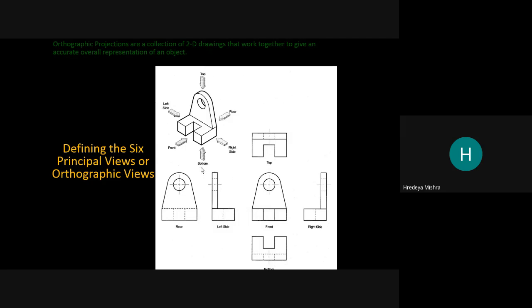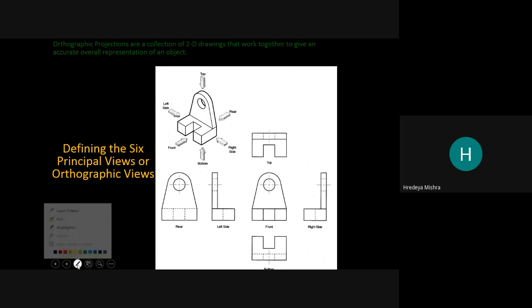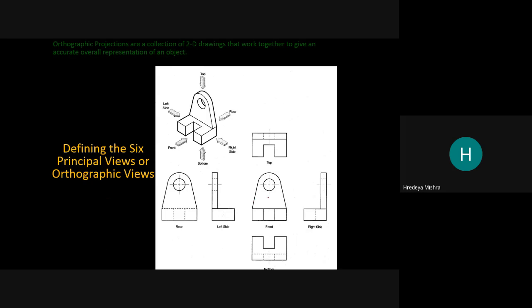In both side views, left and right, we get equal hidden lines. So we can choose any one of them for the three views. So what we can select: we can select this, and from these two we can select any one, this or this one. We are not selecting this and also not selecting this for the 3 view projection.